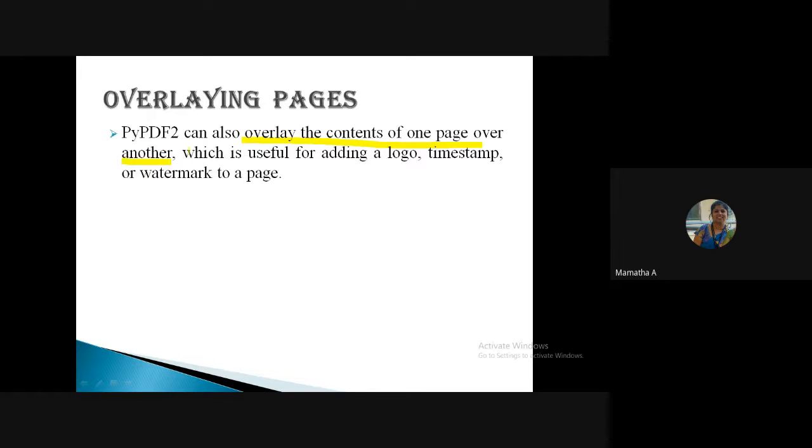That means overlapping, I can just say. Usually we call it overlapping, isn't it? But here it is overlaying. The contents of one page, I can place over another. This will be very useful for adding a logo, a timestamp, or a watermark to a page.